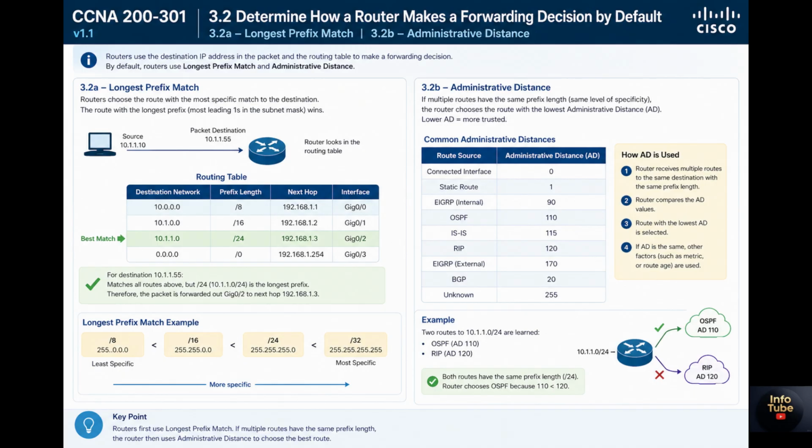3.2a. Longest prefix match, the first filter. This is the golden rule of routing. The router always prefers the most specific path to a destination. Imagine you are looking for a house at 123 Main Street. One sign says, "This way to Main Street,